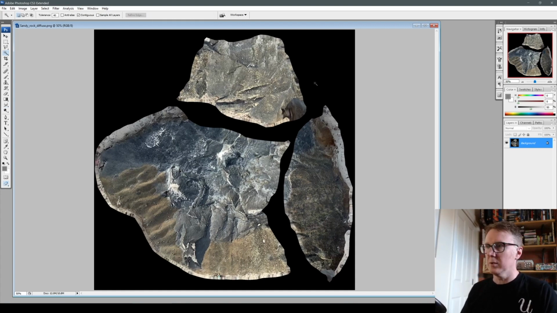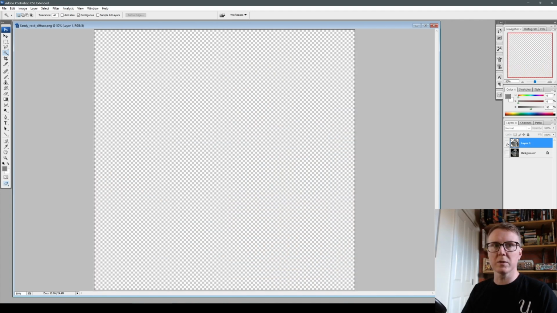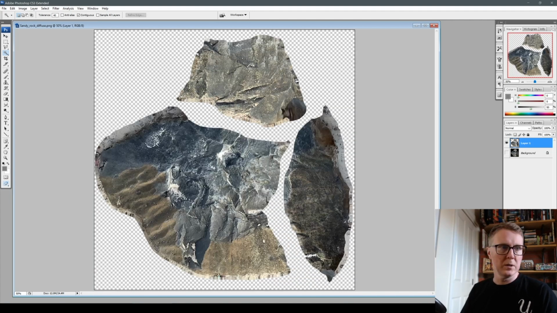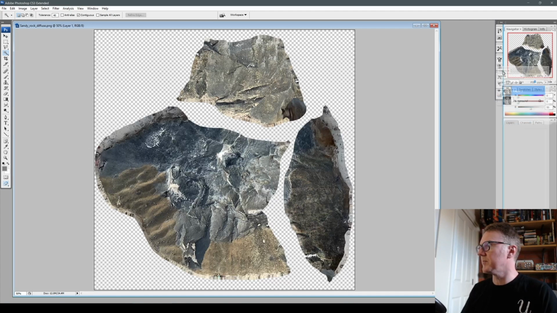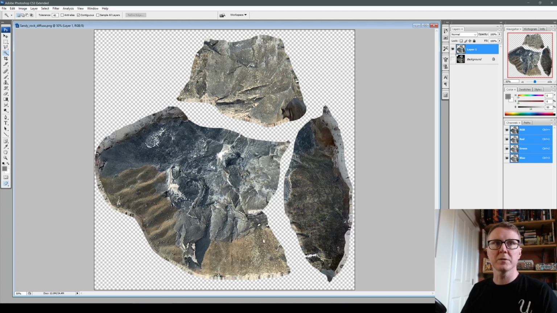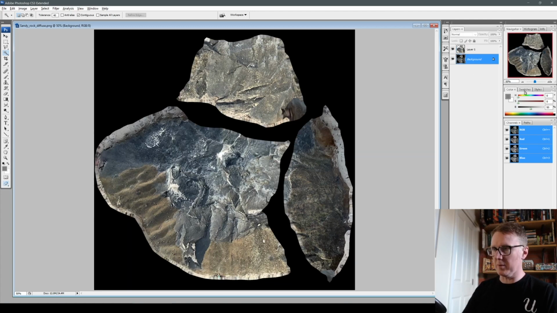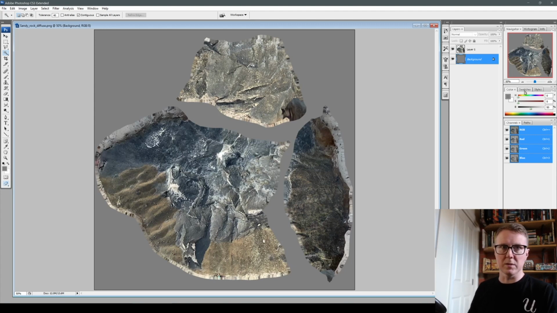I'll show you. So I select the black and then invert the selection and copy and paste this. So now I have the rocks on a layer on their own. Actually, I should move my layers menu so you can see it. So now you can see the layers tab there. I have the rock isolated on its own layer. I'll fill the black background with 50% gray. This is a good start because instead of the background of the normal map being low, it will be average. And then the next thing I want to do is clone this layer